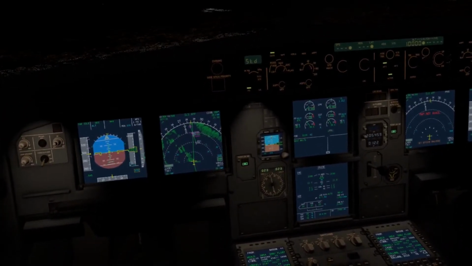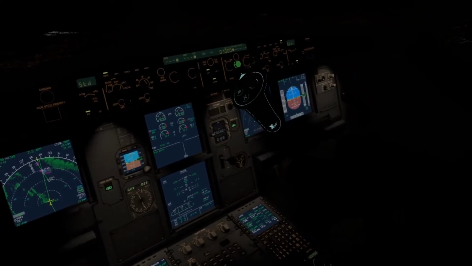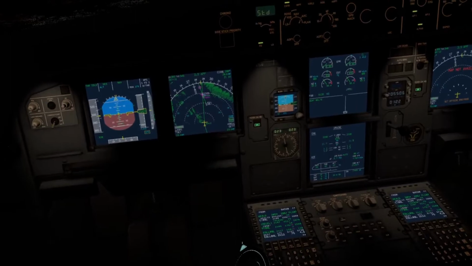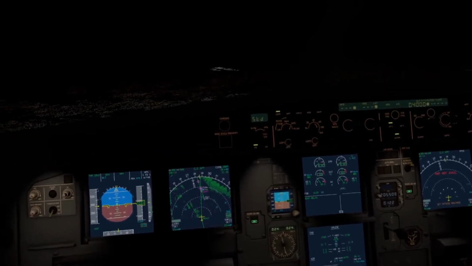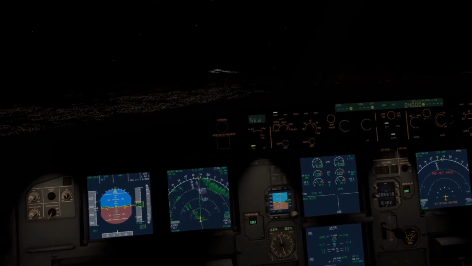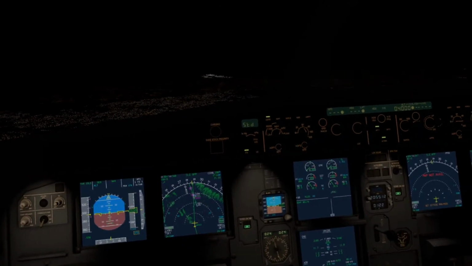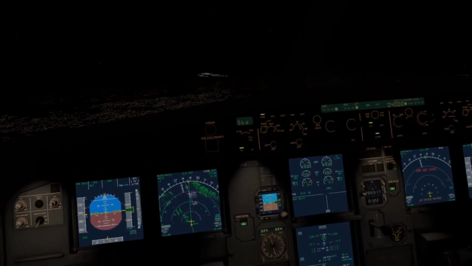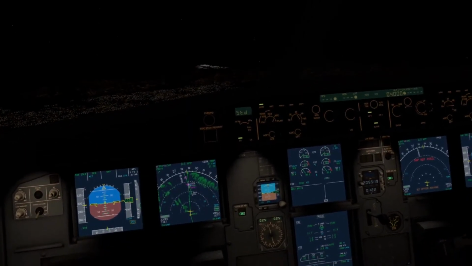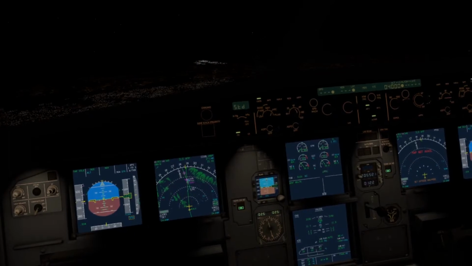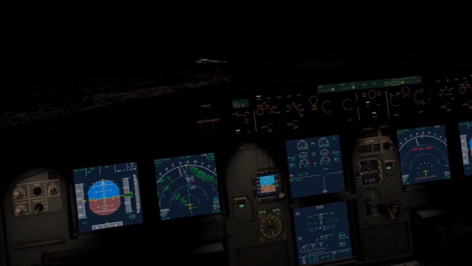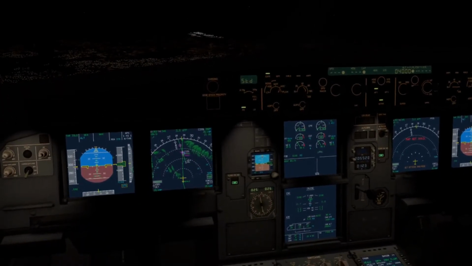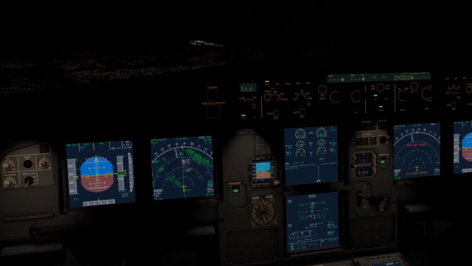So I think what we're gonna do is set this to 6,000 feet, 4,000 feet, sorry, and then, yes, okay. So it wants us to land at this runway, but